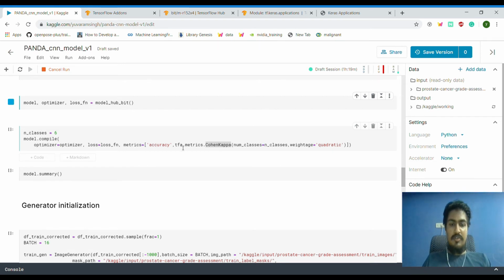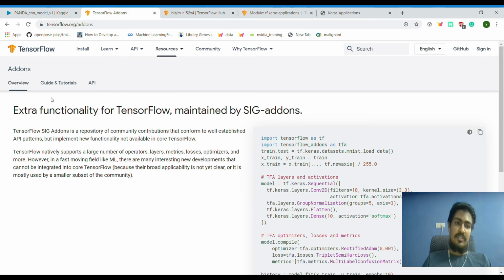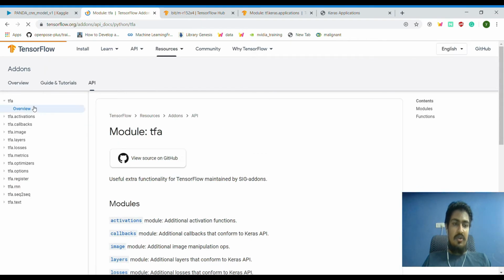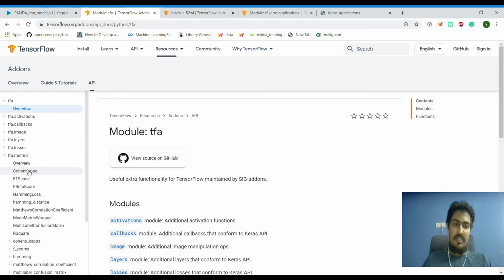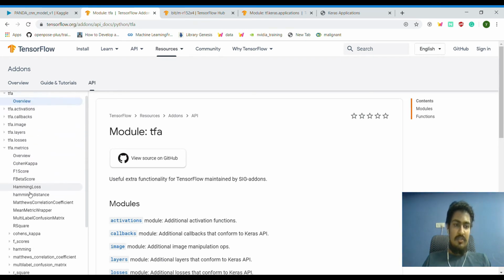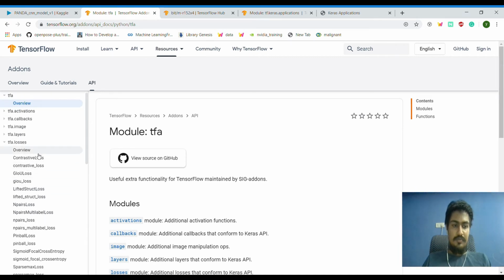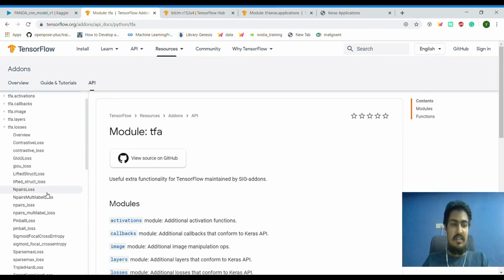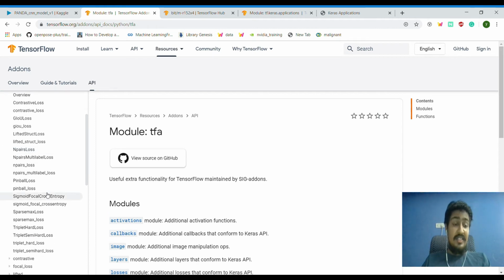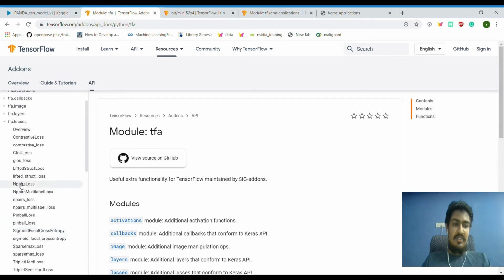So I'm going to import it from TF Addons. TF Addons is also pretty simple and straightforward. You can just go here, get to know about TF Addons, and if you want to know what is inside, you go into the API tab. You can find all the things. We are using the metrics one, so the metrics score and kappa. There are other things also, F1 score, etc., and loss functions. These are experimental or well tested, but they don't want to add them to TensorFlow yet. So those things are given in the add-on functions.